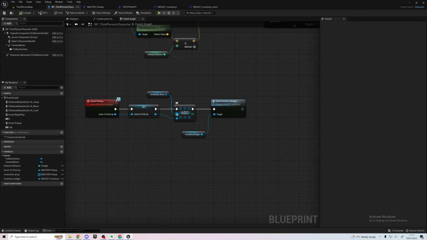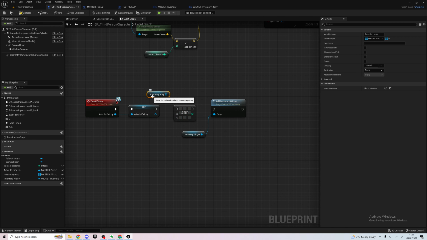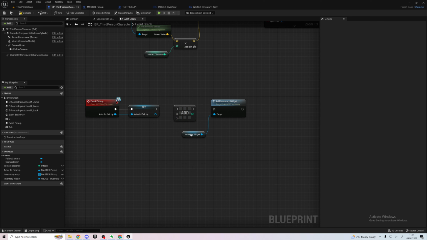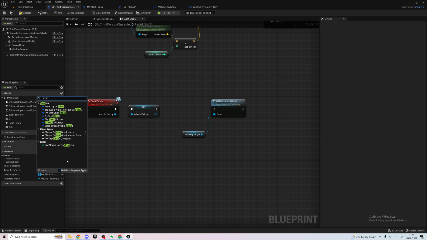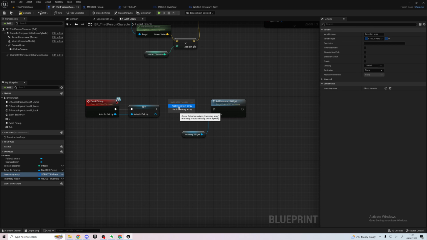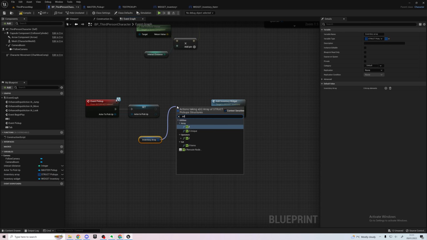Does mean that this array, let's get rid of everything here, get rid of you for a second. I think this array doesn't need to be an array of actors now. It needs to be an array of structs. So we can change this to pick up structs, get inventory array, add